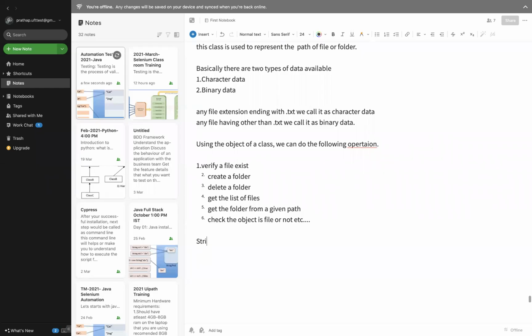So let's see about string mutability. Basically, string is mutable. String is mutable. So to make the string available as